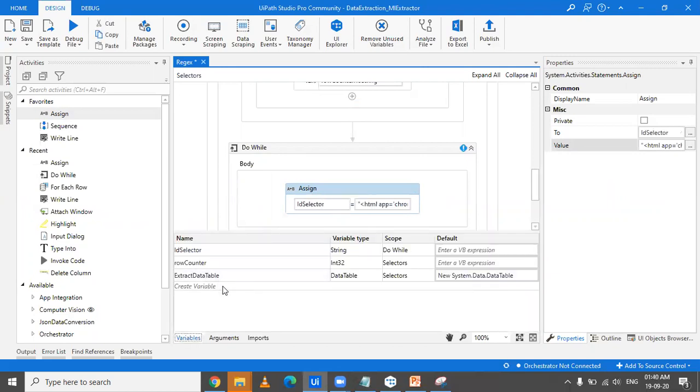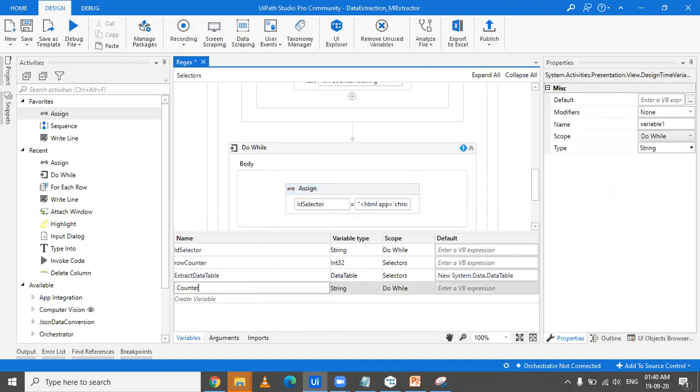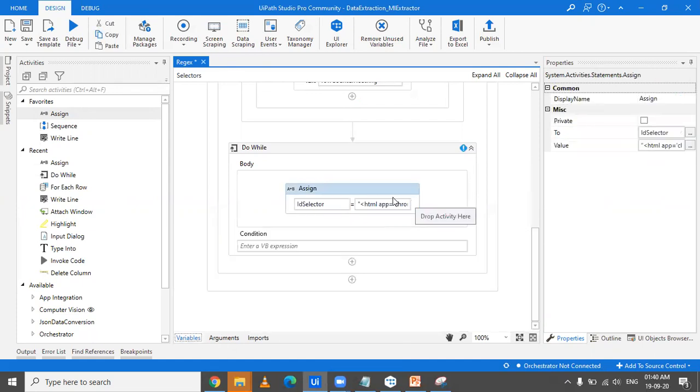Okay. And we're going to create a counter variable. And because the first row indicates the header, and we don't have to extract the header, we just have to extract the values, that means our counter has to start from 2. We can even start it from 1, but then we'll have to increment it initially.